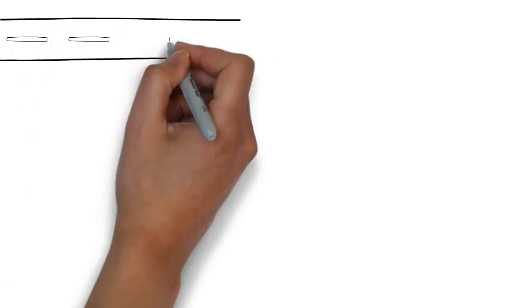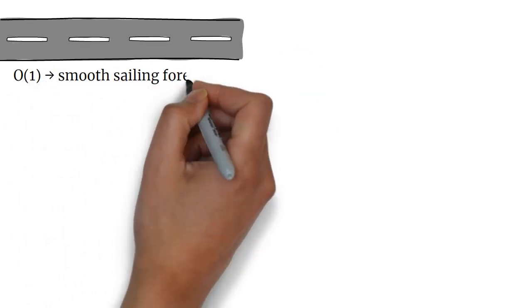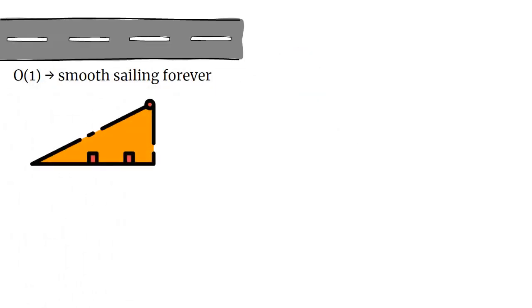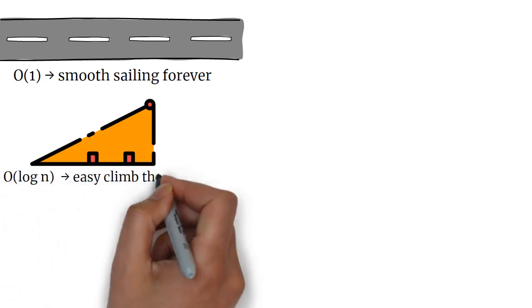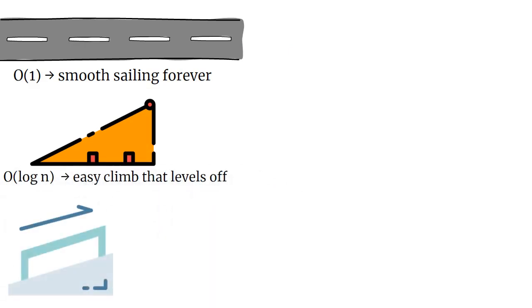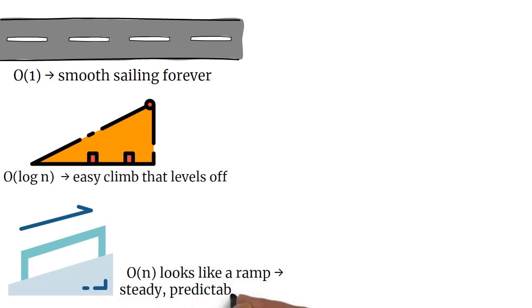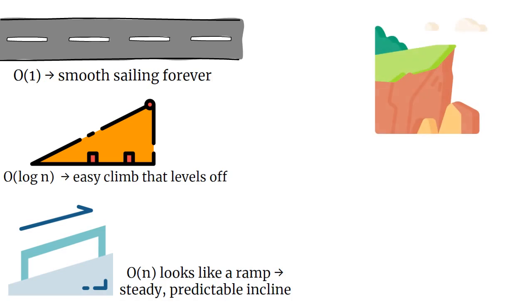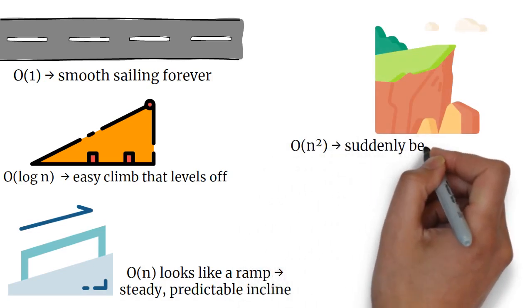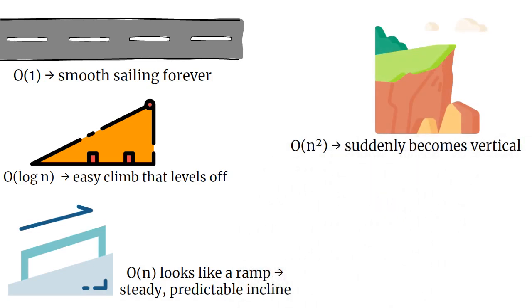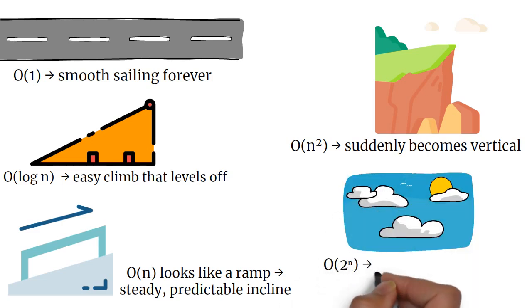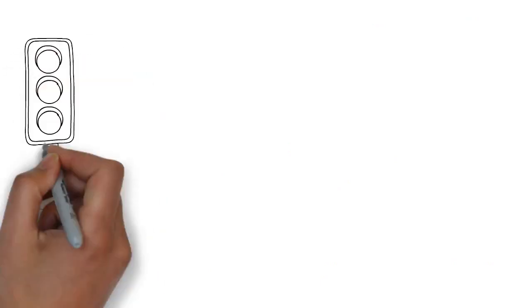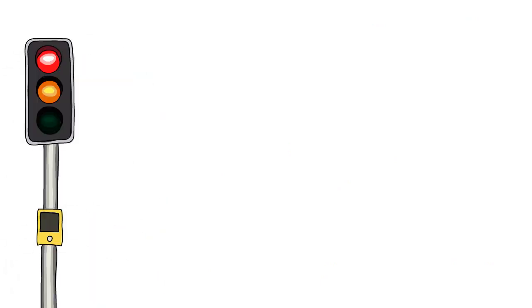Let's draw the graph one more time with memorable shapes. O(1) looks like a flat road, smooth sailing forever. O(log n) looks like a gentle hill, easy climb that levels off. O(n) looks like a ramp, steady, predictable incline. O(n squared) looks like a cliff, suddenly becomes vertical. O(2 to the n), it shoots off the page. It's practically infinite. Here's a quick traffic light system, so you know which one is more okay to use and